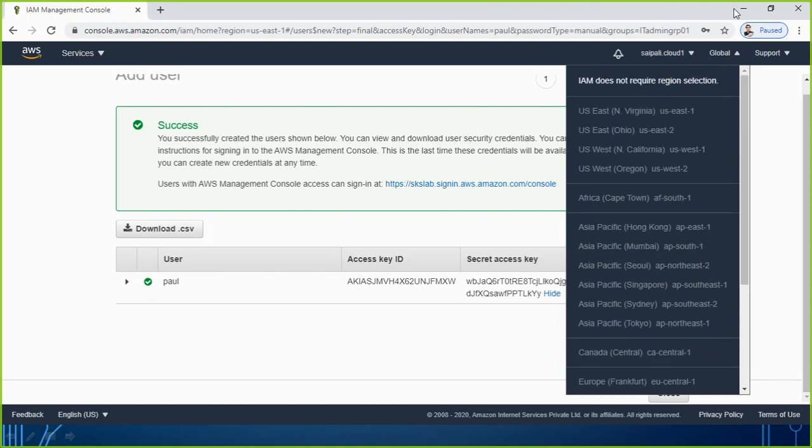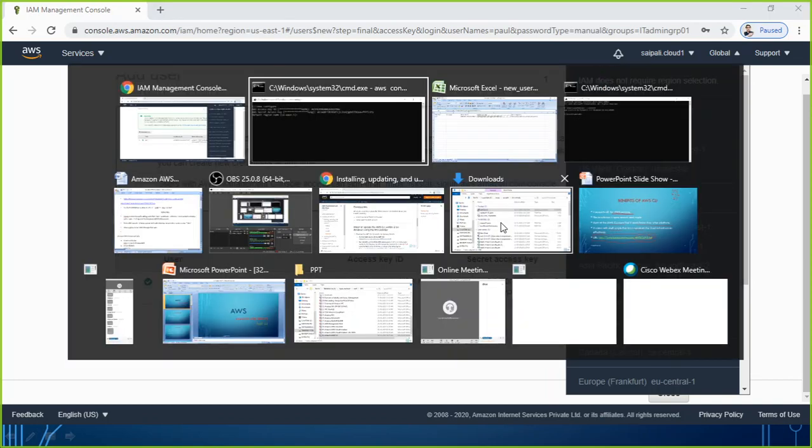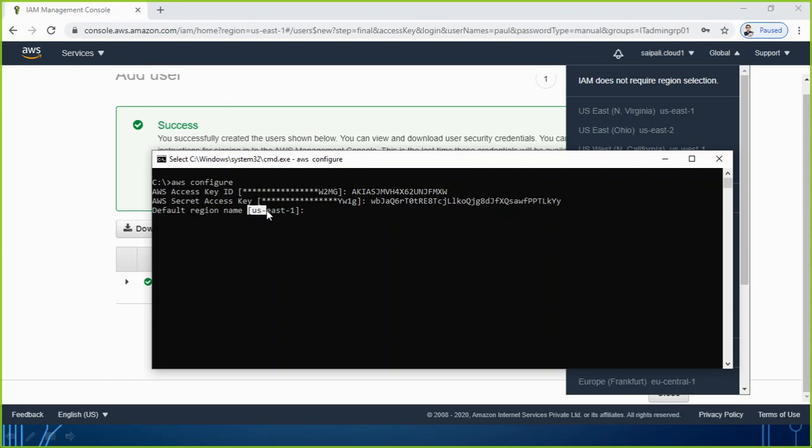For that, I can either type it, or even if I don't type, that's the default it has taken. You see here, that's the default. So even if I just hit enter, it will go to that region. So I just go with the default. Now it is asking for the default output format, meaning if you execute any command, how do you want the output to be displayed on the screen? Let me go with JSON itself. In case it is not showing anything there, you can type JSON here, because, as you remember, JSON is a scripting language which is very helpful here. So you can go with JSON.